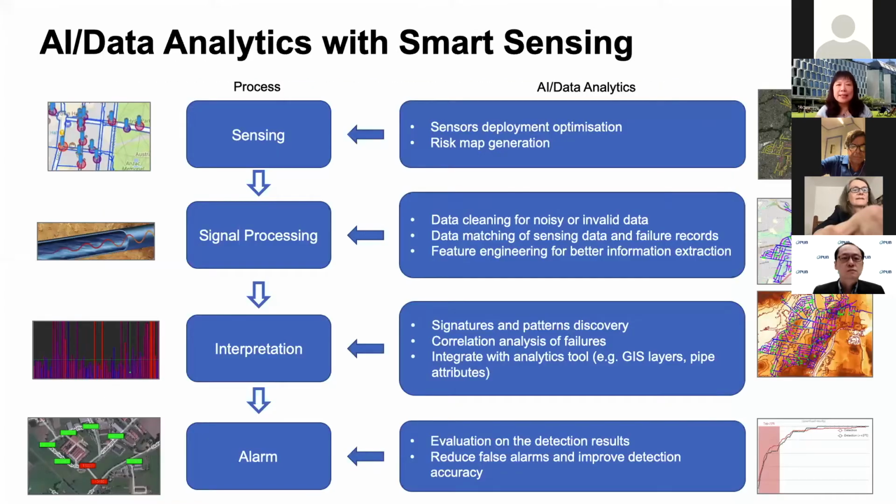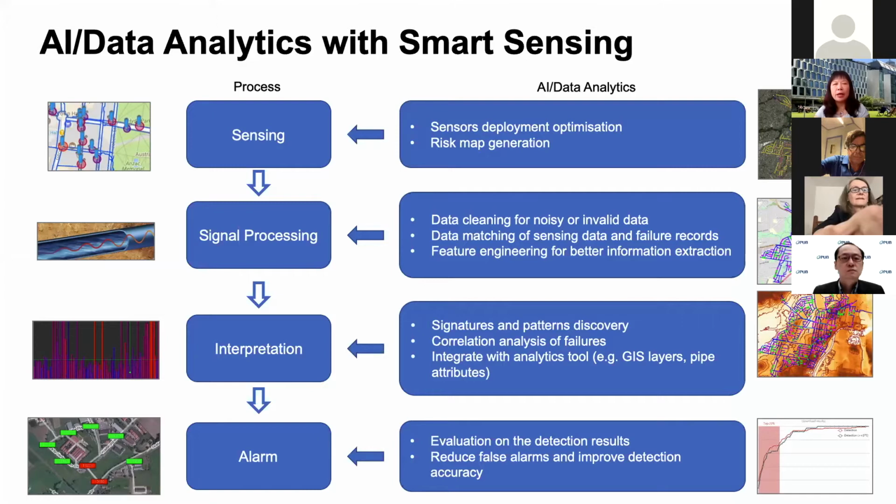Of course, sensing and AI are one of the choices and has demonstrated significant success in the past and will lead to a lot of success in the future as well. So on this one, you can see the sequence of what we are going to do with the sensing and AI. So when you have various different sensors